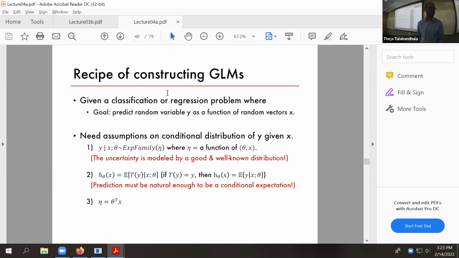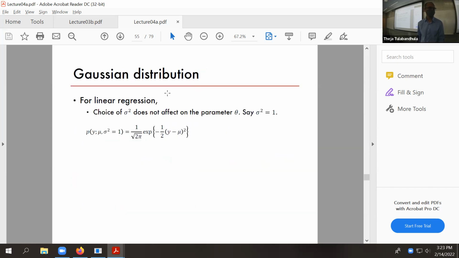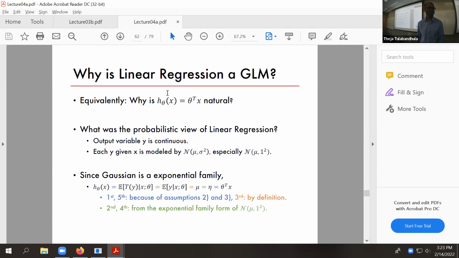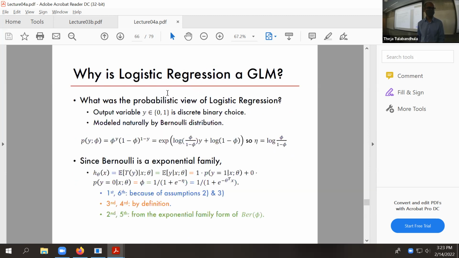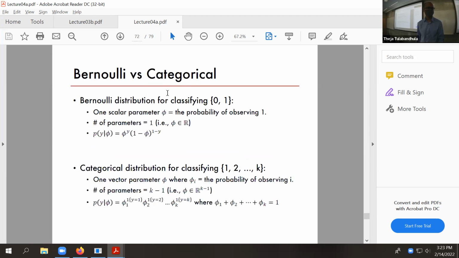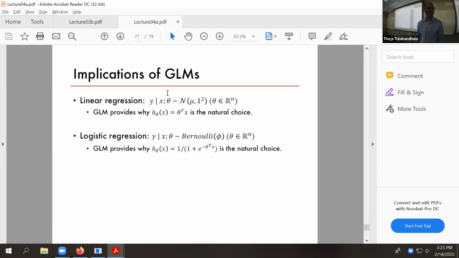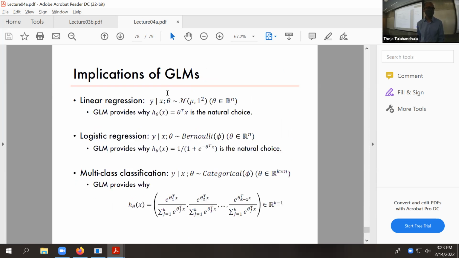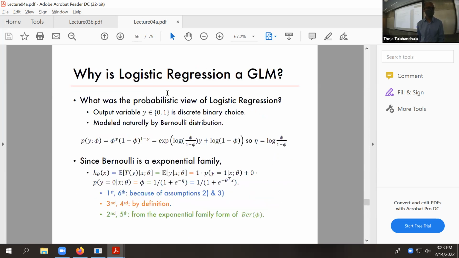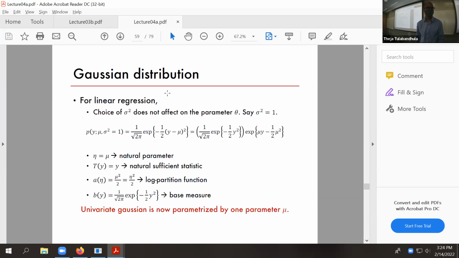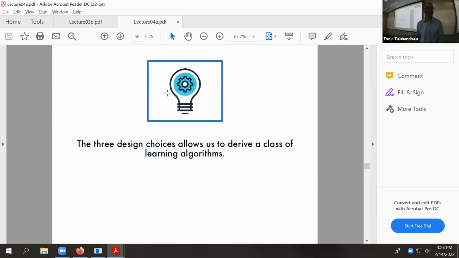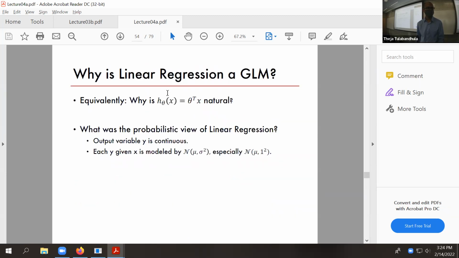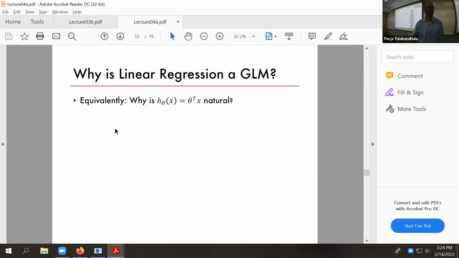We'll see all this in a second, but let me get to gradient. I think I should have shown the other slide. I think linear regression.